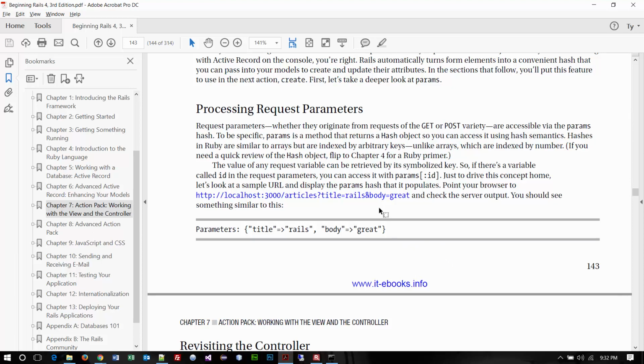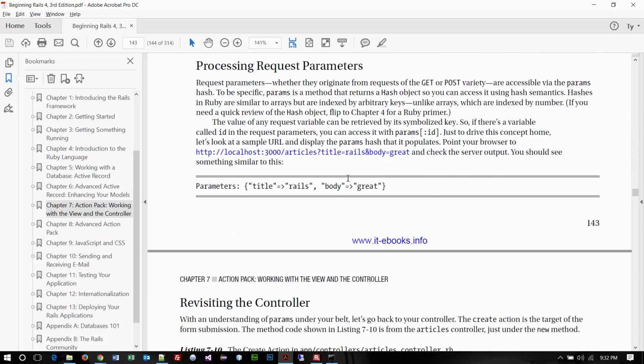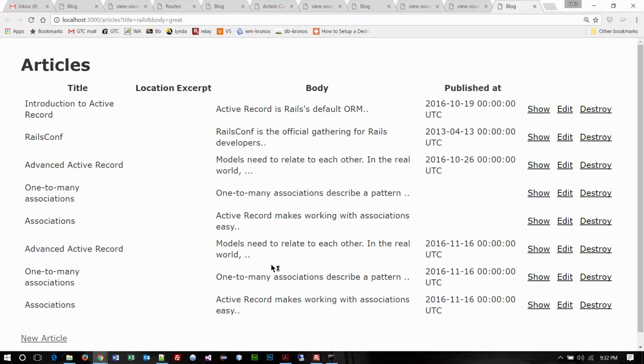All right, the other thing that we can do here is try a command like this. Now notice this command has a get statement in it. You should be able to recognize that by the question mark indicating that the get's beginning, and then key value pairs, title equals Rails, a delimiter, a little separator basically, which is the ampersand, and then another key value pair. So if you go ahead and just click this and see what happens,